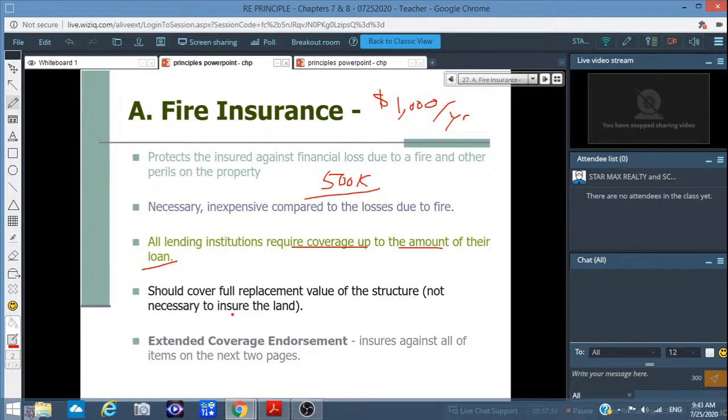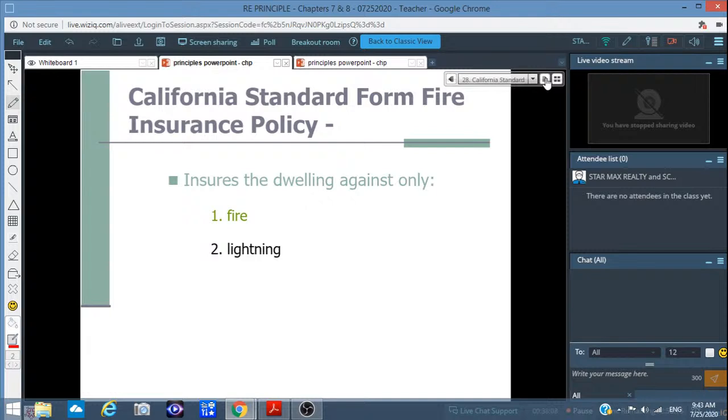OK, should cover the full replacement value of the structure, not necessary to insure the land. 地皮不需要保单了，OK，因为地就是地，你烧不烂的，OK，所以呢，它就是要 full replacement，就是重新帮你可以盖一栋房子。OK。Extended coverage endorsement insures all the items on the next two pages. 那个多一些的东西也可以 cover。But the basic is fire and lightning. OK，火烧跟闪电，为什么闪电？